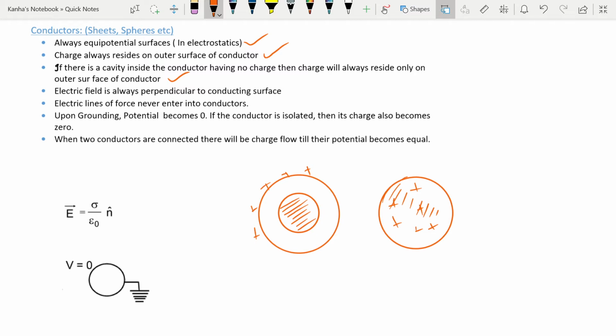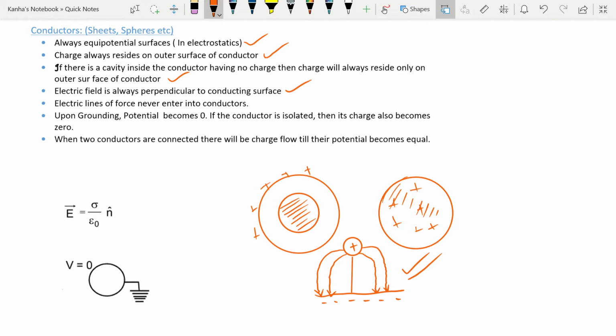Next, what you should take note of is that the electrical field is always perpendicular to the conducting surface. In the initial phases, I showed you a diagram in which there was a positive charge here, okay, and then there were lines of force because I had given a negative charge here, but this was a conductor. So even though the electrical field line is going here, every time it just touches, it becomes normal. Okay. So you should remember this diagram that we did before. For conductors, the electrical field will always be perpendicular to the conducting surface.